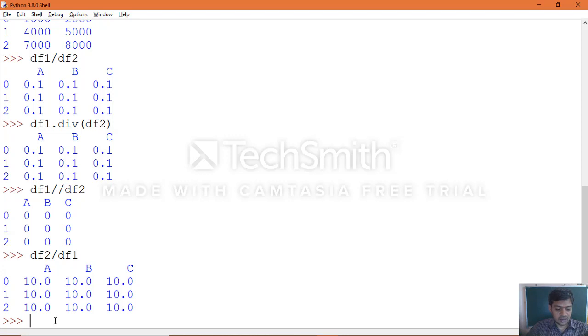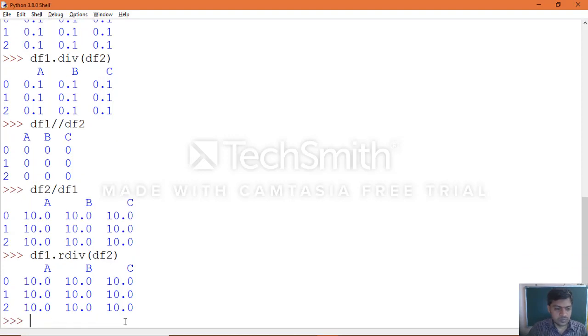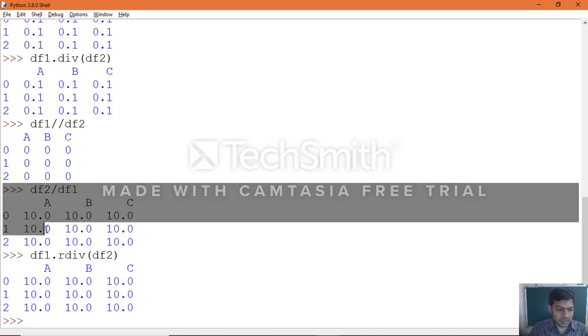Now see the result, and apply the div function again, df1.rdiv(df2). Now between these two statements, when you look at the result, it will give you the same result.